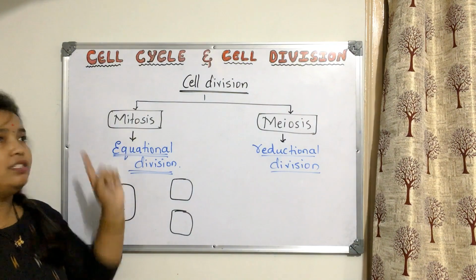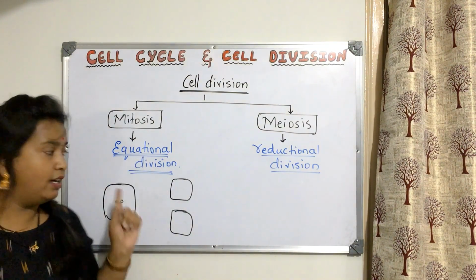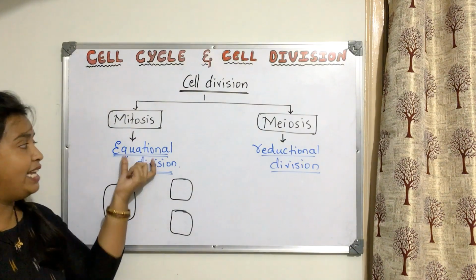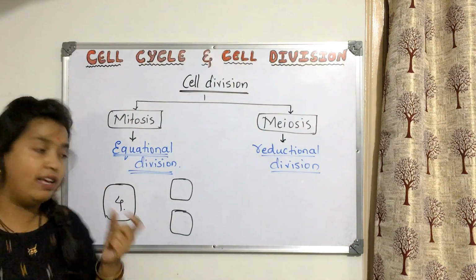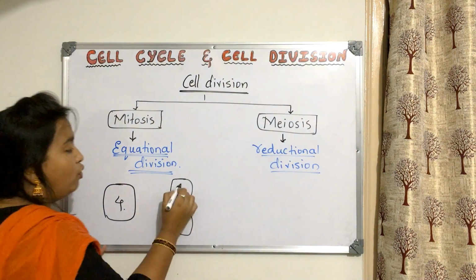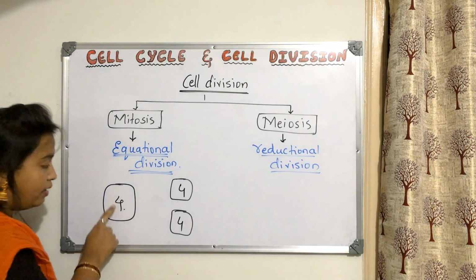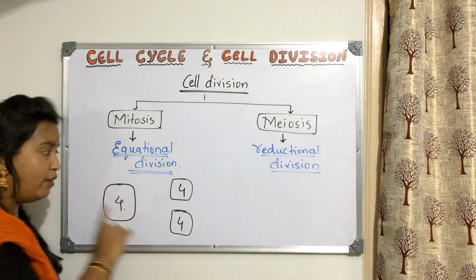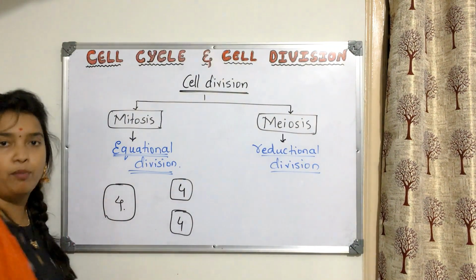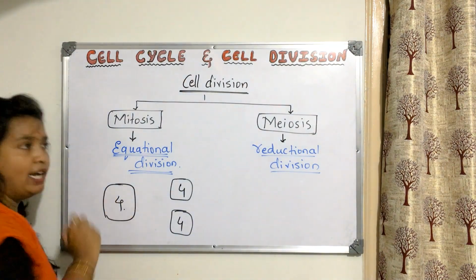But mitosis is not that case. Mitosis is opposite to that. Here in mitosis, we call it equational division. You cannot give 2 and 2. They want 4 and 4 only. Now you tell me, when this person has 4 chocolates and wants to provide 4 and 4 for both of them, what should he do first? First he should double the chocolates here.